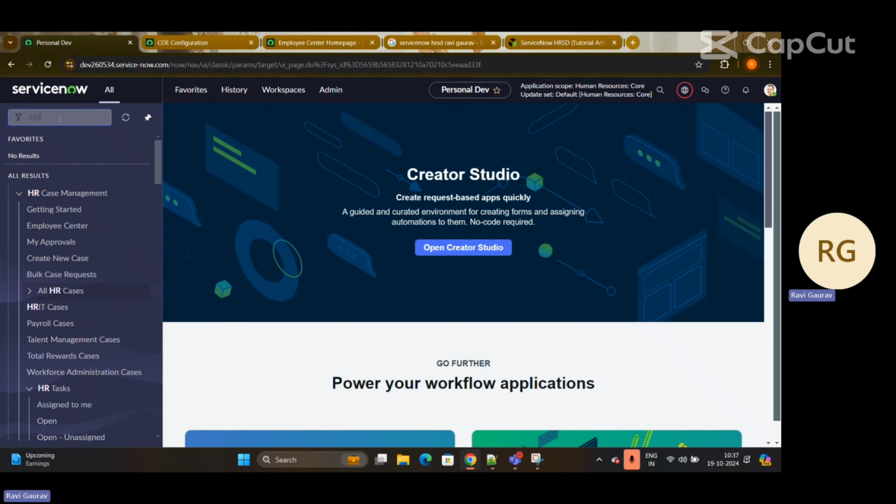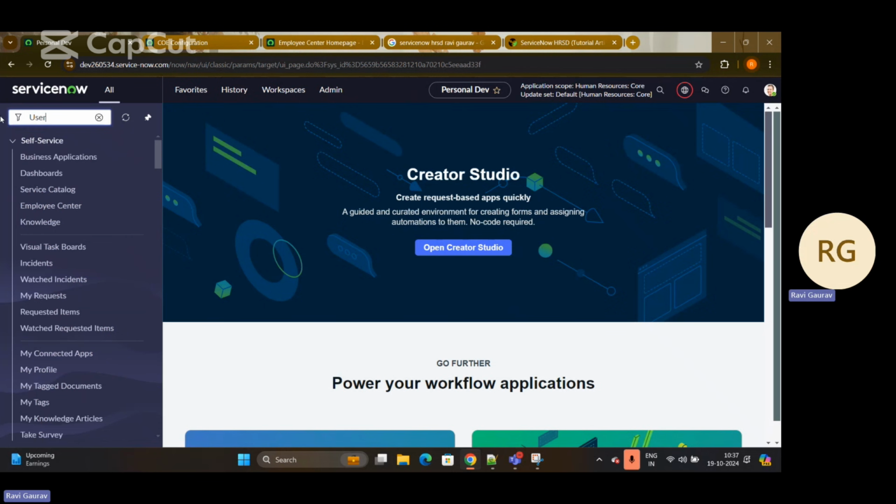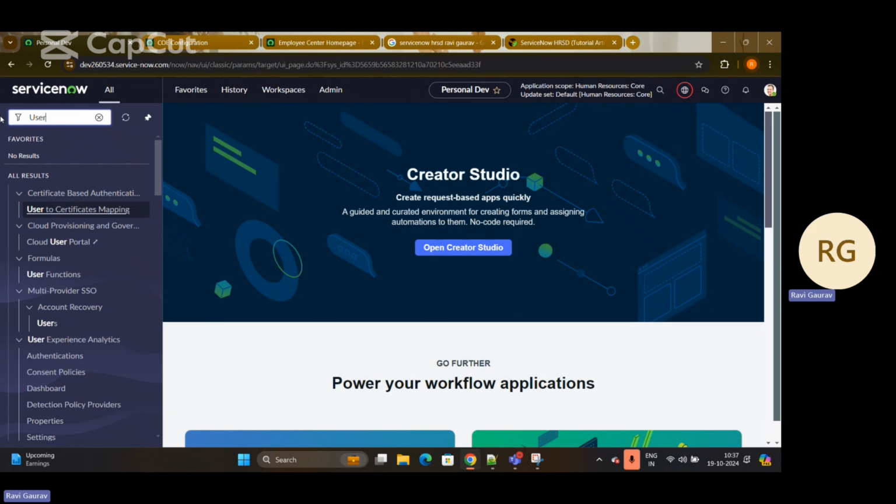So first of all, let me take an example. Let's say I am a user and I join an organization. My user account will be created on ServiceNow. It is common to all the modules. So first my account will be created on the user table. The account can be created via AD also, Azure Directory, multi-SSO. When I create an account, it will redirect to your multi-SSO,